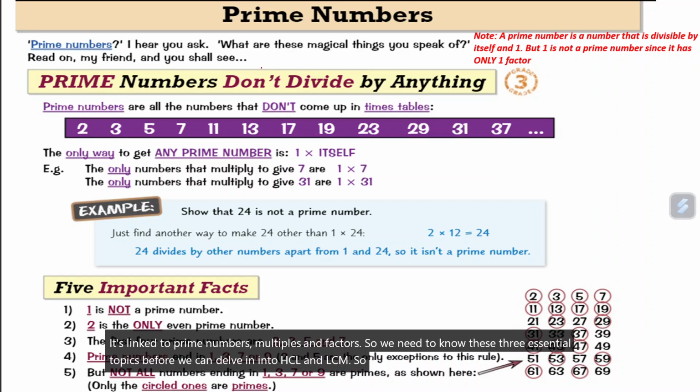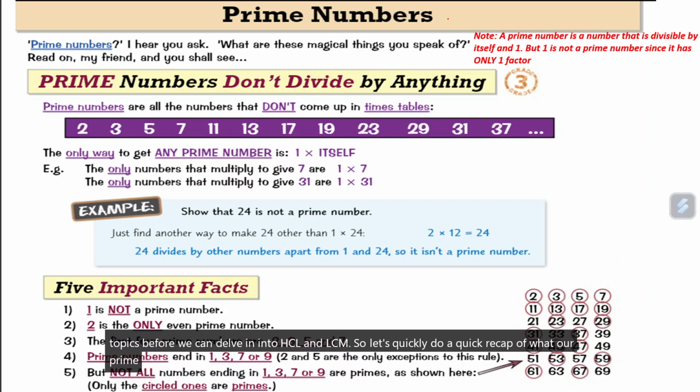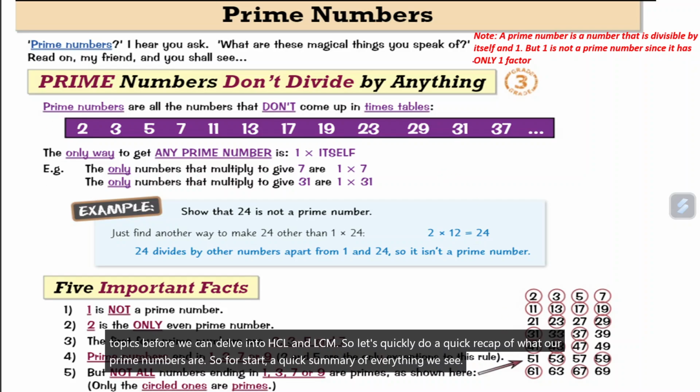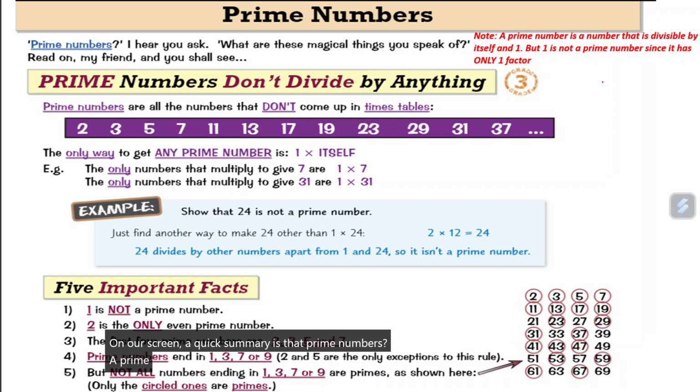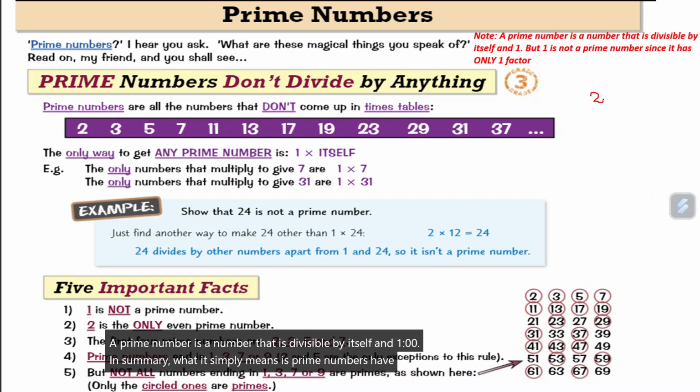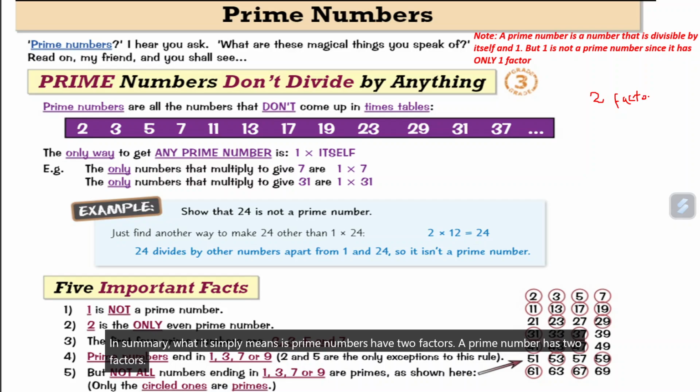So let's quickly recap what prime numbers are. A quick summary of everything we see on our screen: a prime number is a number that is divisible by itself and 1. In summary, what it simply means is that a prime number has two factors,